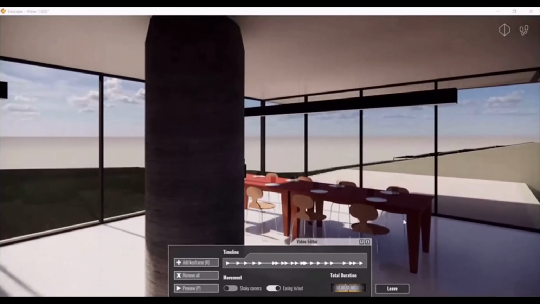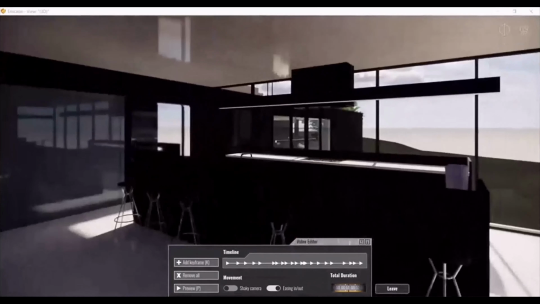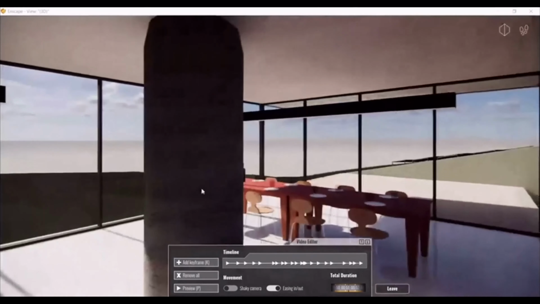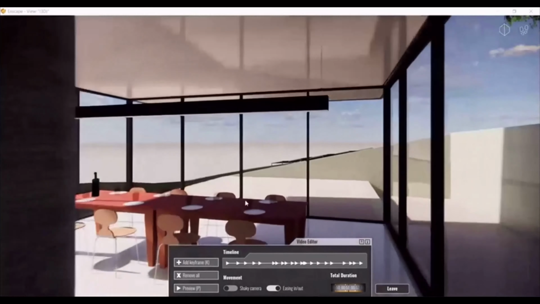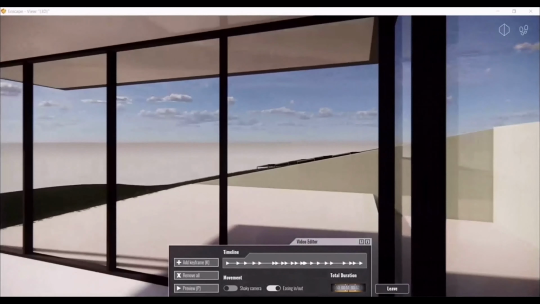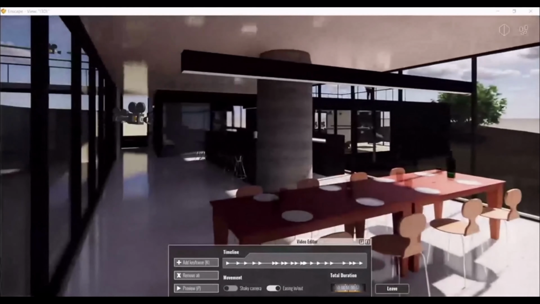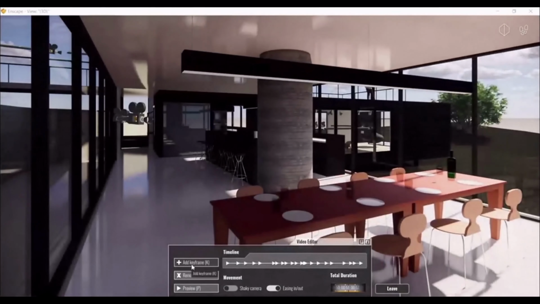Add another keyframe. You can add another keyframe. And if you want to finish it here, at this position, you can finish by adding the last keyframe.